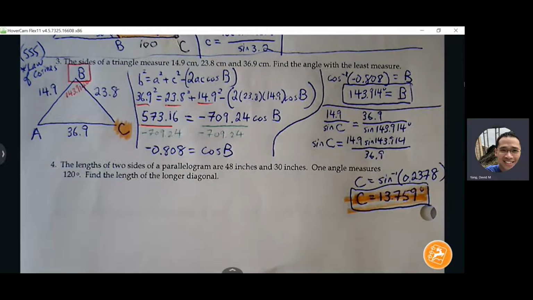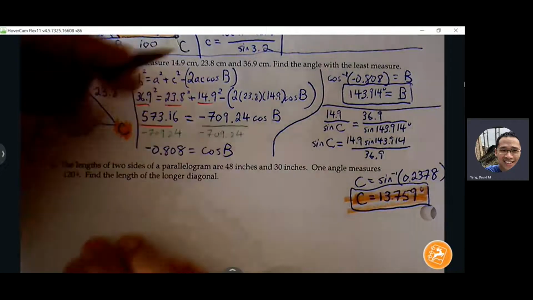Okay, number 4, the lengths of two sides of a parallelogram are 48 inches and 30 inches. One angle measures 120 degrees. Find the length of the longer diagonal. Think of a parallelogram as a rectangle on a slant. Okay, so